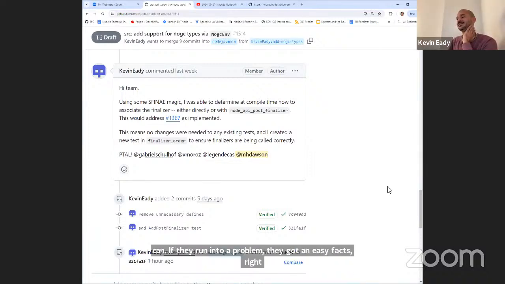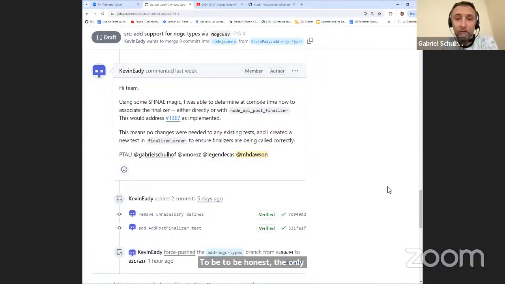Yeah. To be honest, the only problem that people have had so far, like you said, they have been running and there have been no problems, except for one, which is freeing memory in a tight loop, because calling JavaScript functions is not an option. That's the only real problem that we've had. So if we address this problem, it will go away, and presumably there are no other problems.